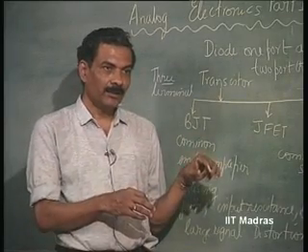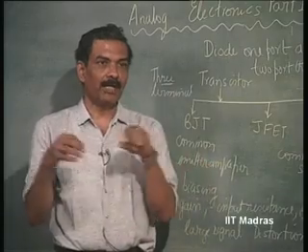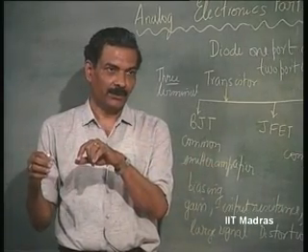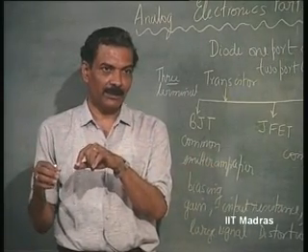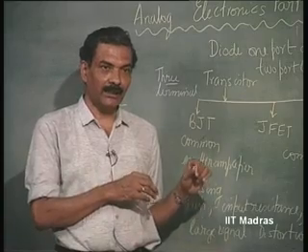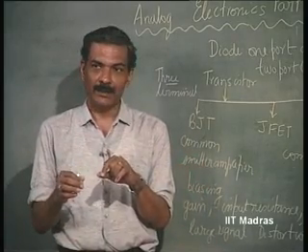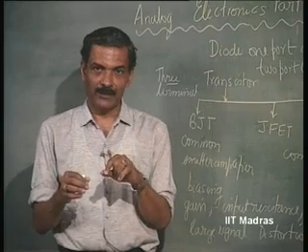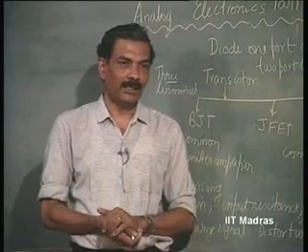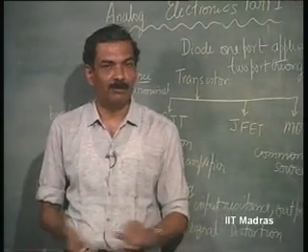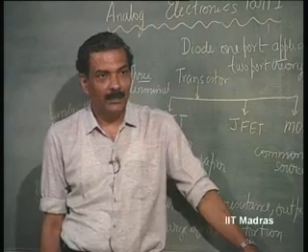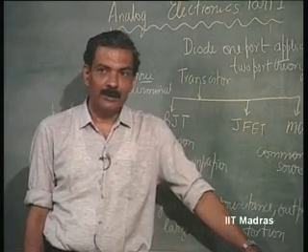VBE is the input voltage, and GM times VBE is the current source current in the case of a bipolar junction transistor. If it is VGS as the input voltage, GM times VGS is the current of the MOSFET or JFET, and each of these current sources can be shunted by RCE and RDS respectively